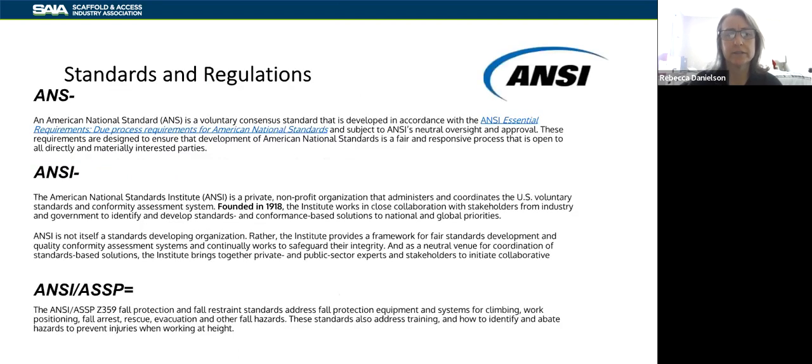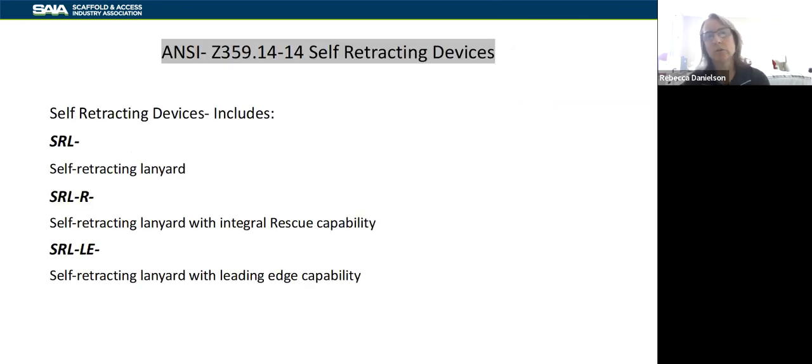But what is ANSI? When you boil it down, it's a compliance board that sets the standards for manufacturing the equipment. But the people that sit on all the subcommittees have spent a lot of time and energy looking at how we can get the information out there better, how we can make it easier to understand, and understanding the things that are actually happening out in the field. That's how they've started to look at the standards themselves. So we're going to start with